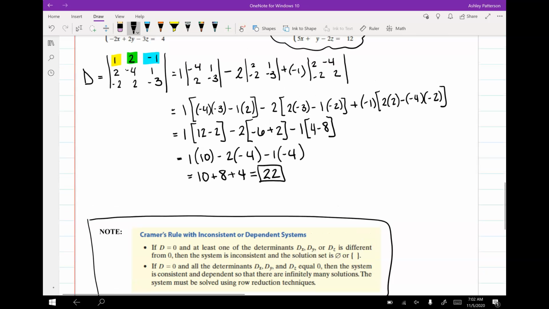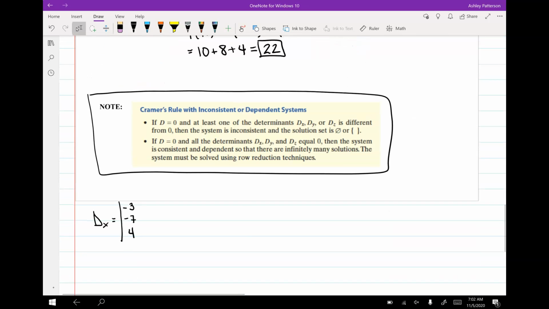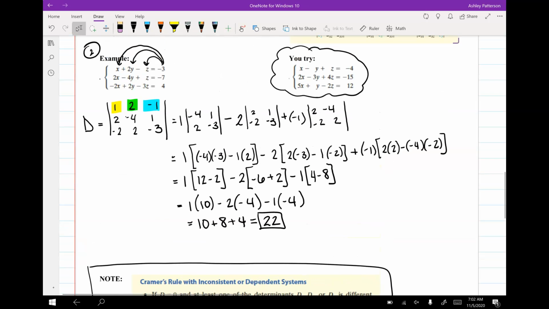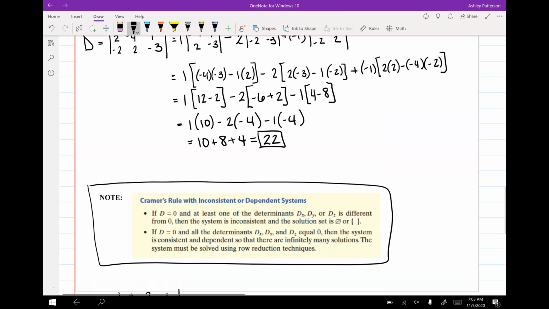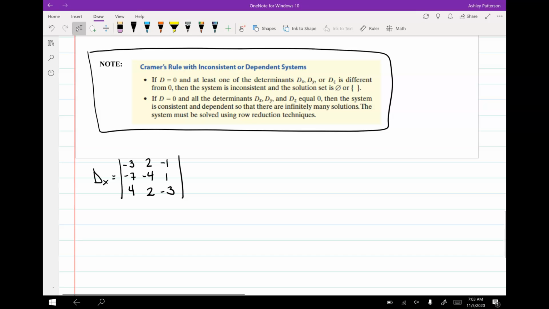Coefficients of y are 2, -4, and 2. And then the coefficients of z are -1, 1, and -3. Make sure I have that right. Yep. All right, so we're going to take that first number in the top left corner,